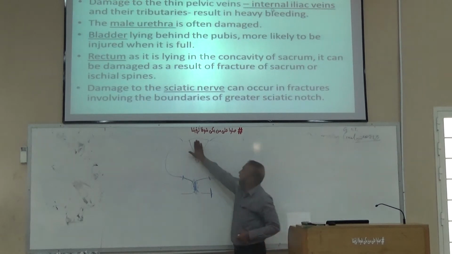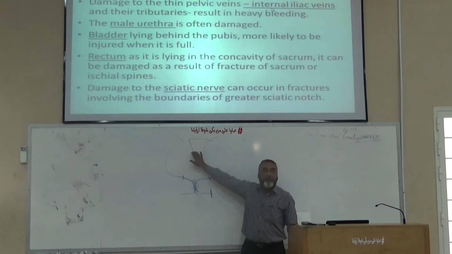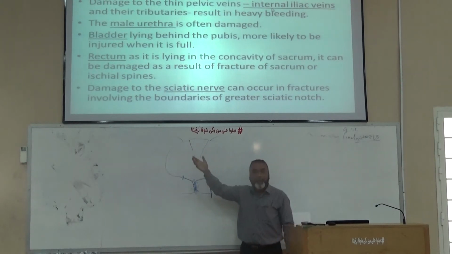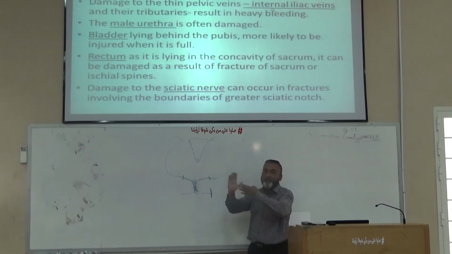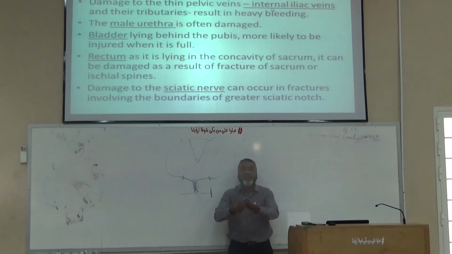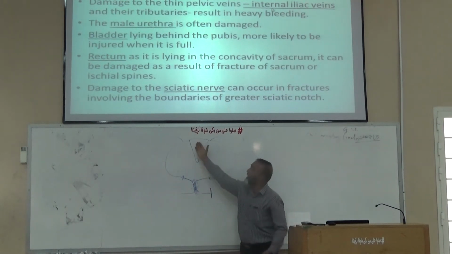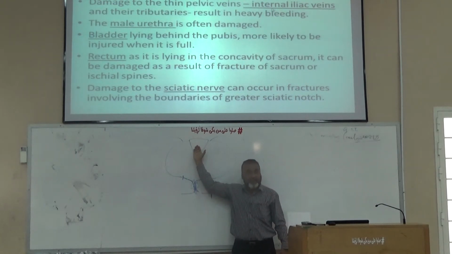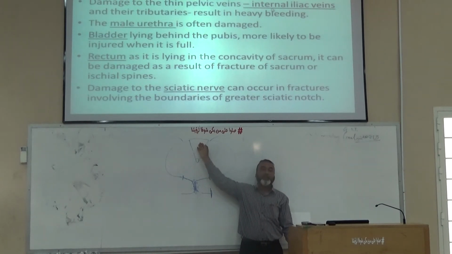Then you know that the rectum is present over the anterior aspect of the sacrum and it has a concavity. So the rectum is protected because anterior to this, in the female, we have the uterus, then the bladder, then the pubic bone. But behind we have the sacrum only. So any blow from the back can cause rupture or damage to the rectum, not from the front.